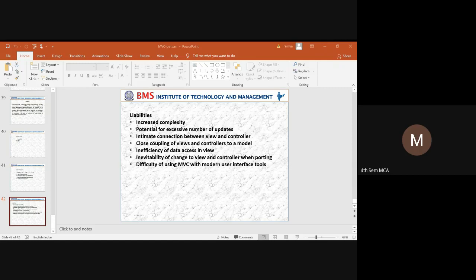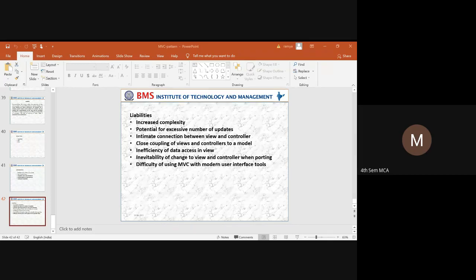That means, since we have identified a platform, it has to be identified with respect to the platform. So while porting to different platforms for this MVC framework, what happens if there are components which are purely dependent on the user interface and which are encapsulated within a view and a controller?